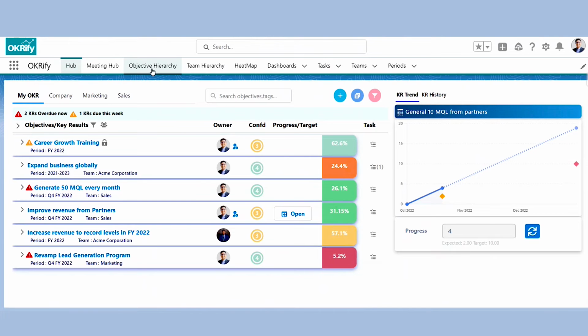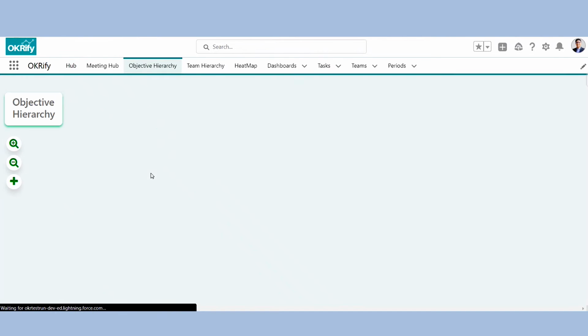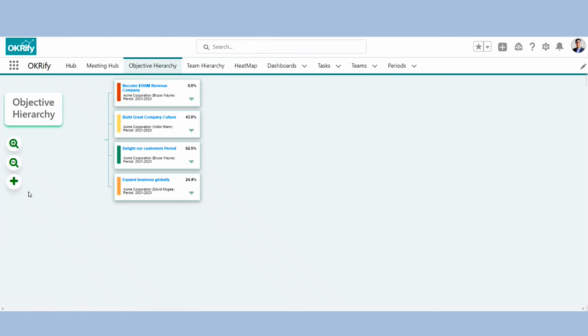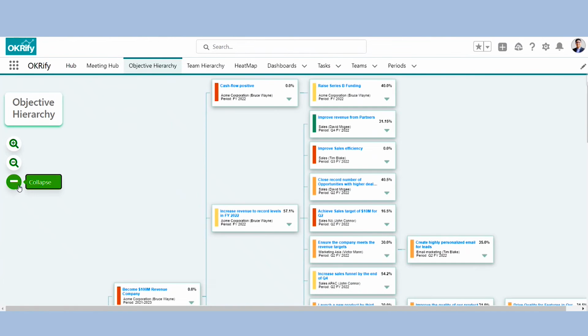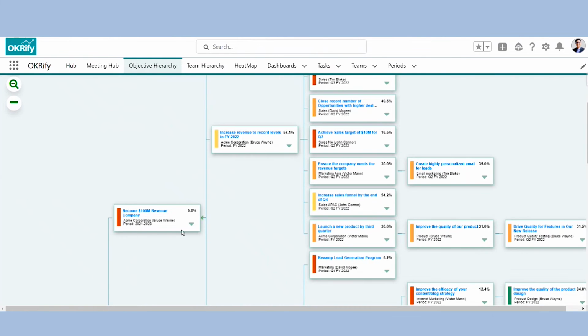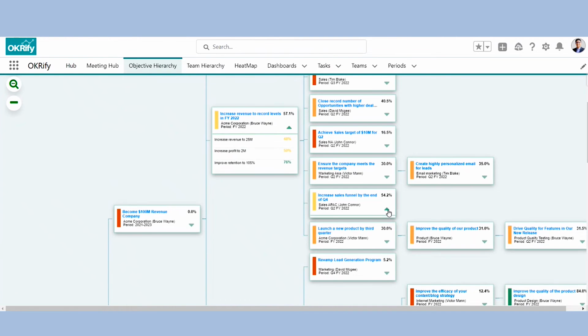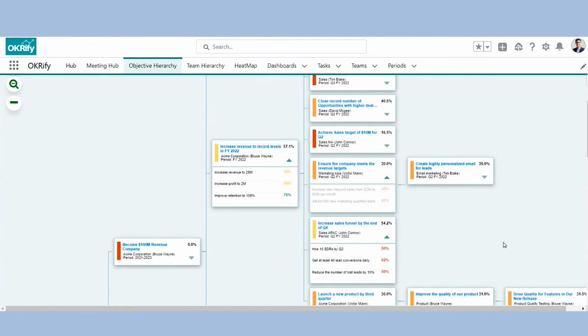So other than this, we also have objective hierarchy, which kind of gives an overall company view of all the objectives across the company. So this way you can see how from company strategy to different team objectives, how they are progressing and how the different objectives are aligned towards the overall company objectives. You can also see how different key results are progressing. This way, the leaders can get overall perspective of how the strategy is going and where the issues are. Similarly, the employee can get the view of how the work that they are doing is affecting the overall strategy